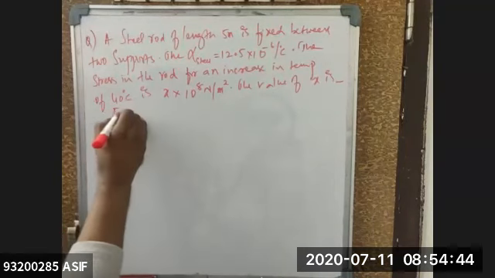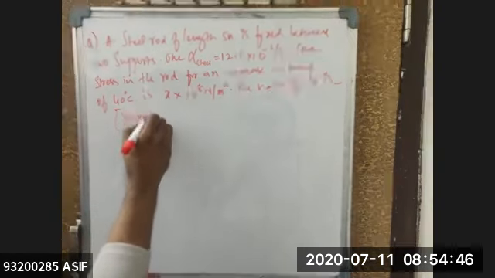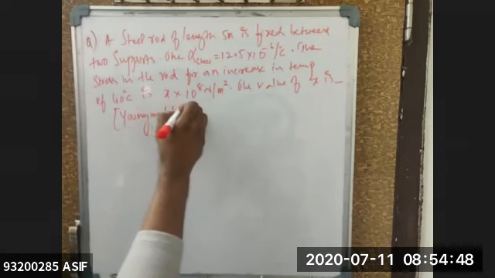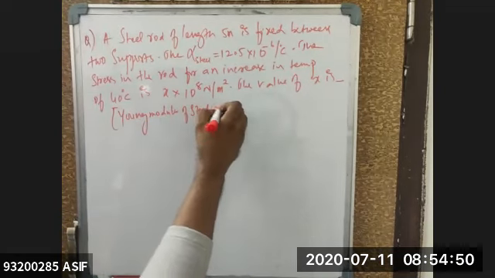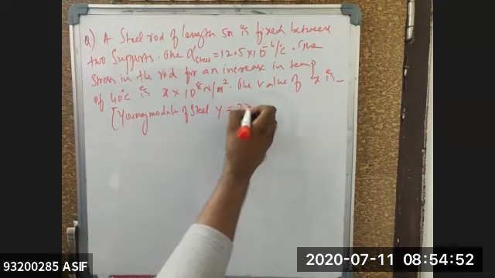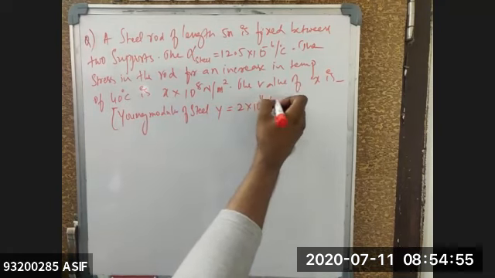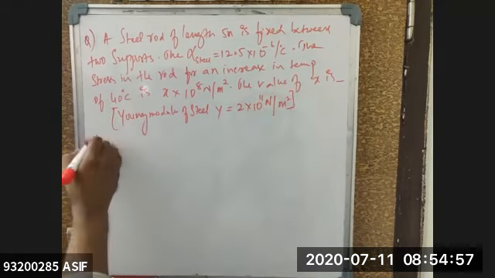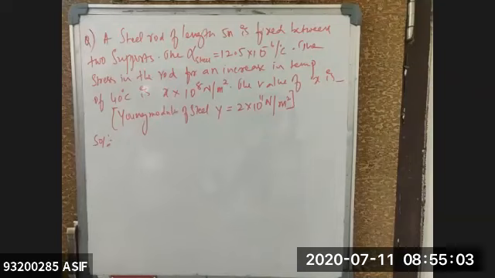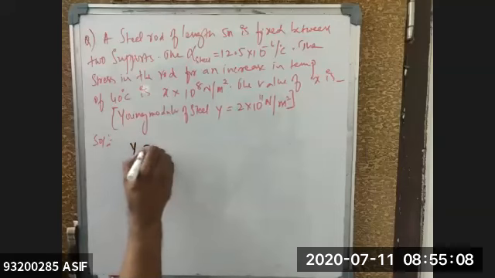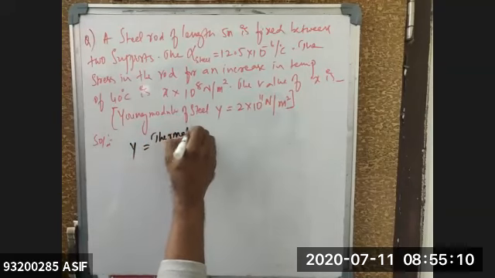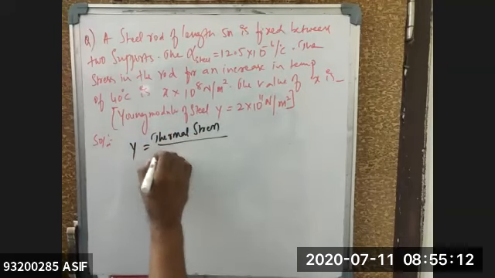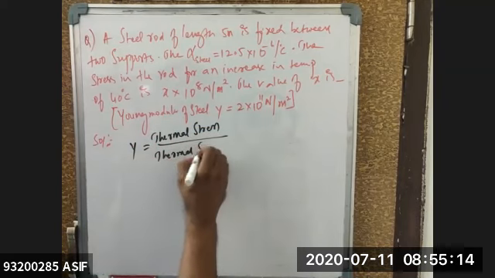In the bracket he has given Young's modulus of steel, that is capital Y, is equal to 2 into 10 to the power of 11 Newton per meter square. I hope you remember this formula. Yes, sir. What is the formula, beta? Thermal stress, I told you. Young's modulus is equal to thermal stress by thermal strain. Exactly. So Y is equal to your thermal stress divided by your thermal strain.